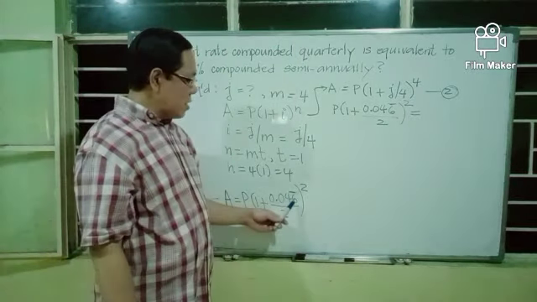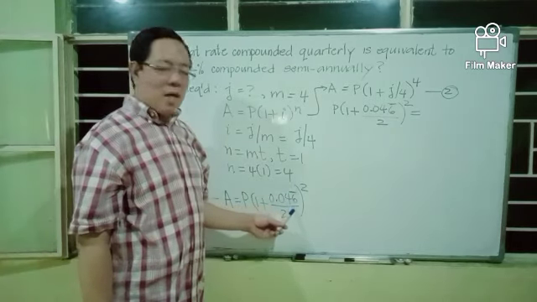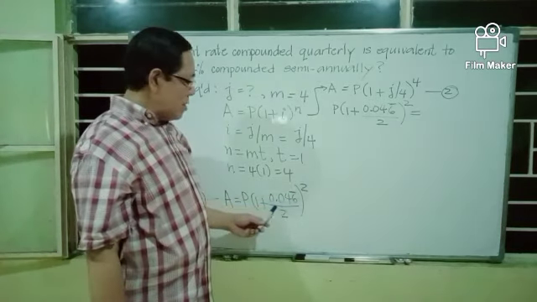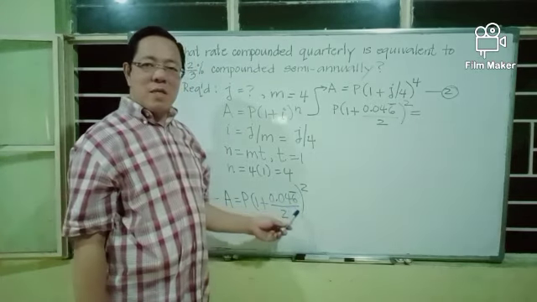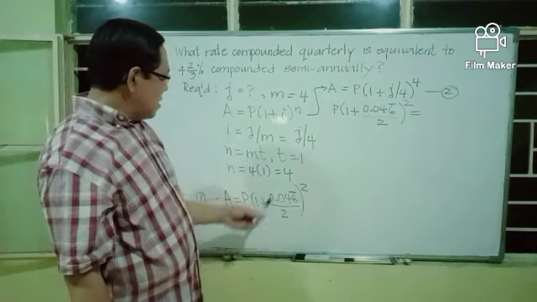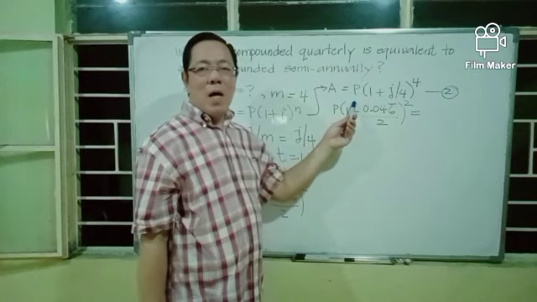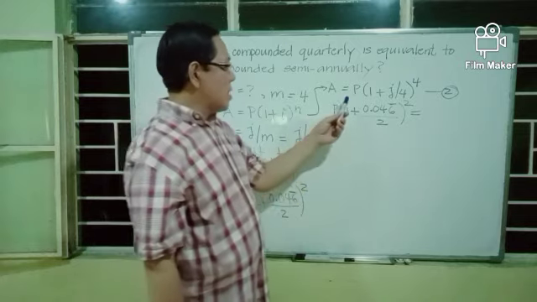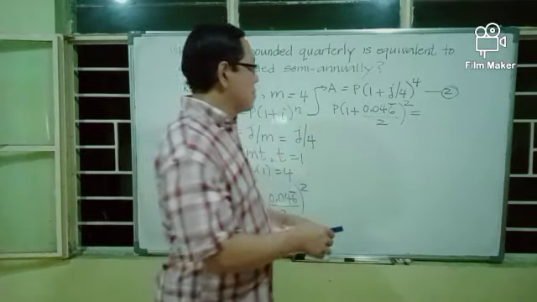and you take note that there is a bar above 6, which means that 6 is repeated without end. And when you enter this decimal number in your calculator, you press 6 repeatedly. And this accumulated value should be equal to the accumulated value at the unknown compound interest rate, which equals P times quantity